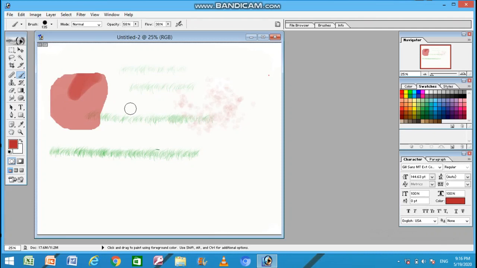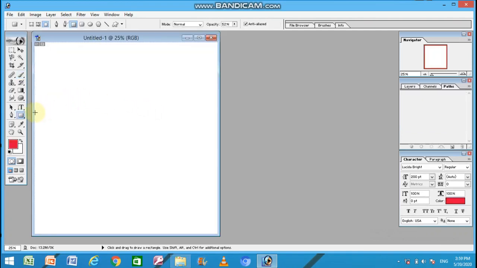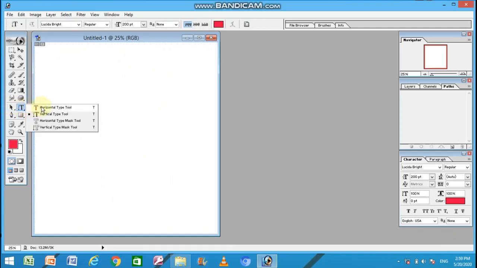In the same manner, you can select an area and use the pencil or brush tool to work under the selected area only. Type tool. Type tool is used to type a text onto the canvas. If you want to write any message or text onto the canvas, you can use this type tool. Right click on this tool to check out the various other commands related to the type tool.